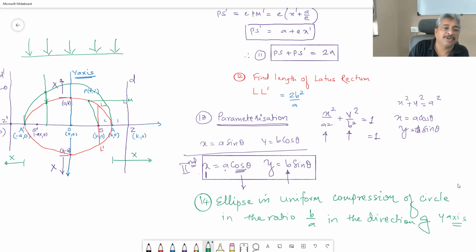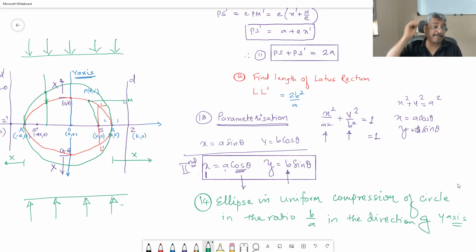So it is understood that you are supposed to compress the above x-axis part by b upon a to become ellipse, and exactly the same, you have to compress by the ratio b upon a the smaller part of the circle, to get the ellipse symmetric. So it's a uniform compression,